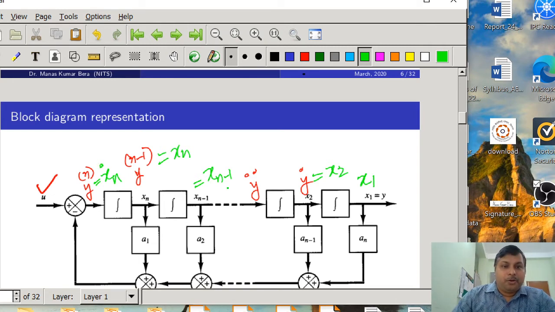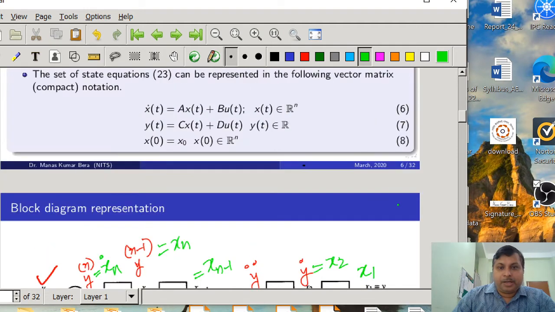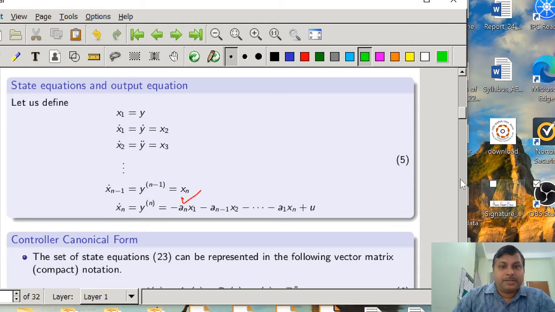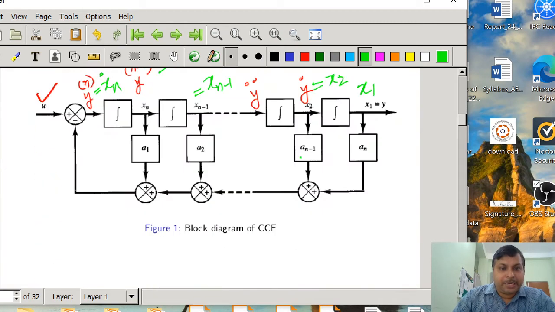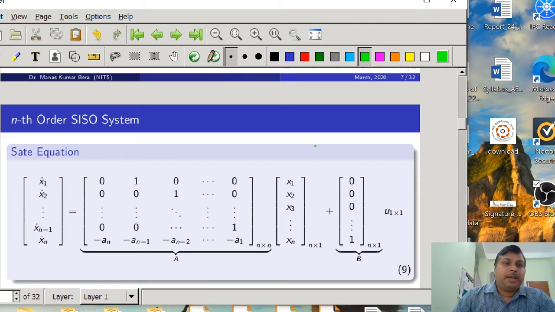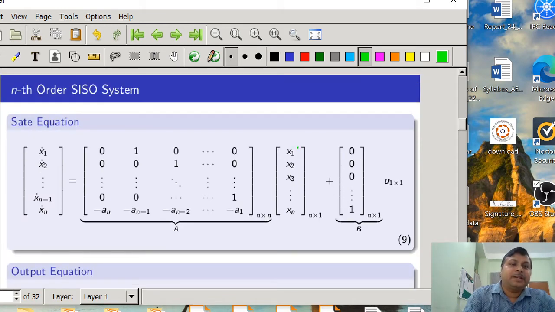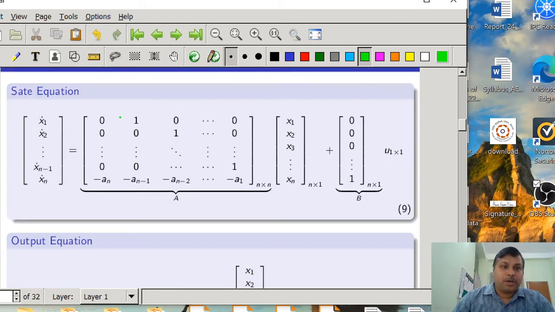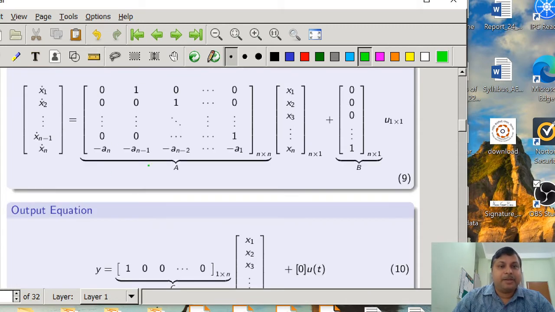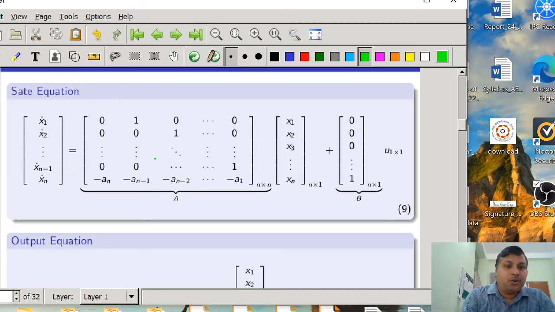So now once it is defined, then you can transform this set of differential equation 5 in terms of state equation, and now the nth order SISO system can be represented in vector matrix notation like this. And try to remember that, this form is known as controller canonical form, where the A, B and C matrices have a specific form. And now you can see that the last row are the coefficients of the transfer function